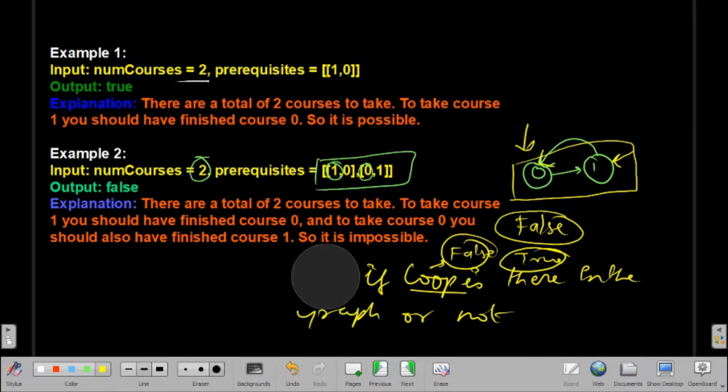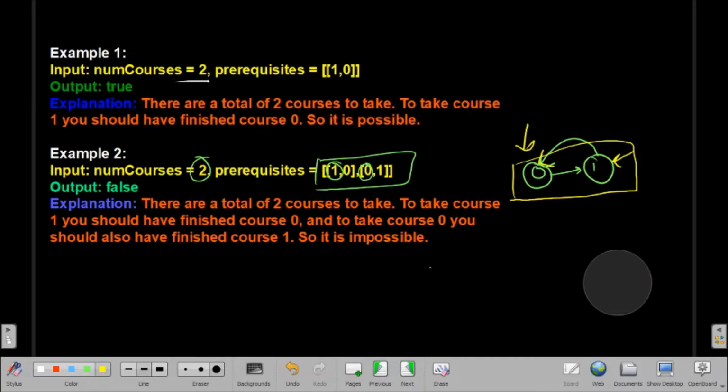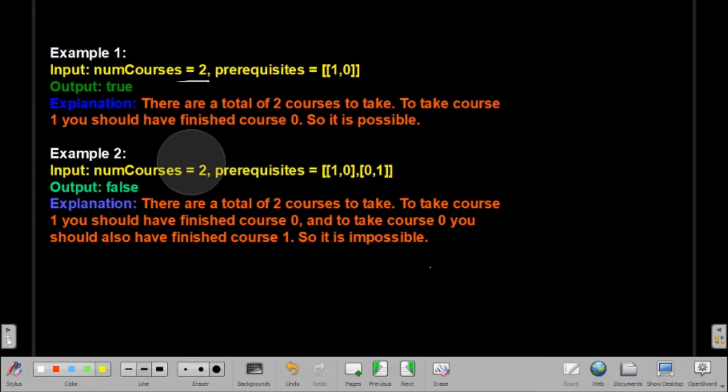We are going to use topological sorting to solve this question. So why are we using topological sorting? Even in topological sorting, we have the same kind of conditions. For completing course 2, I have to complete course 1.